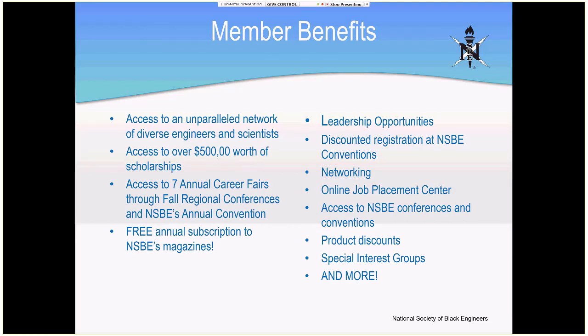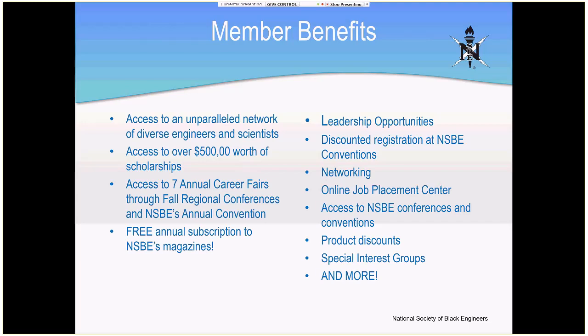Okay, and also some of the benefits that we offer. You can also find this on the NSBE site. But we have, as I just said before, so many different network opportunities and different engineers and scientists that you'll be able to meet. Scholarships as well, different career fairs and conferences that you can attend. Again, all that networking that you can get.